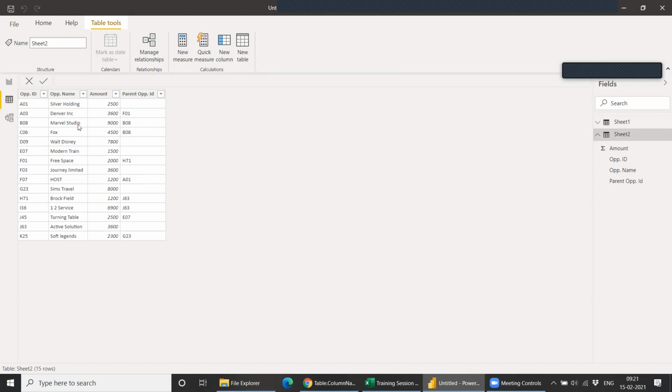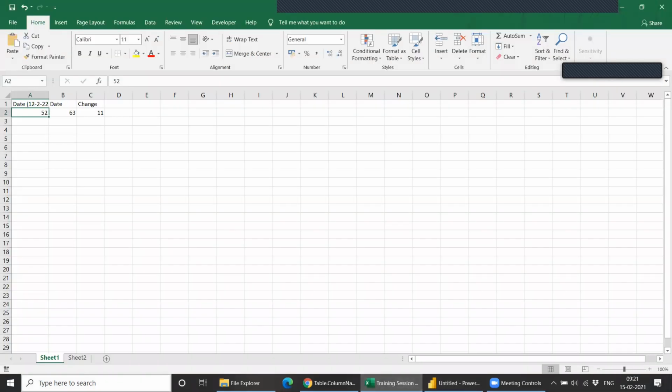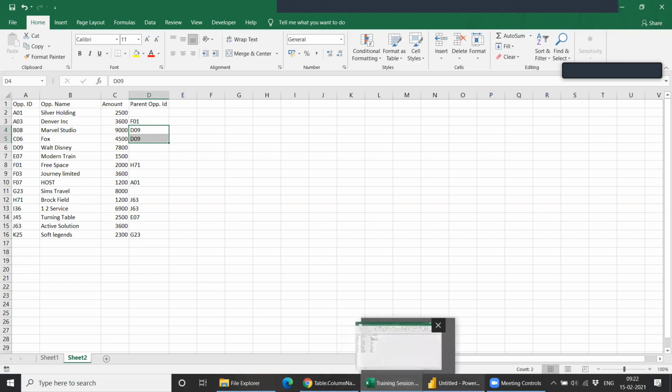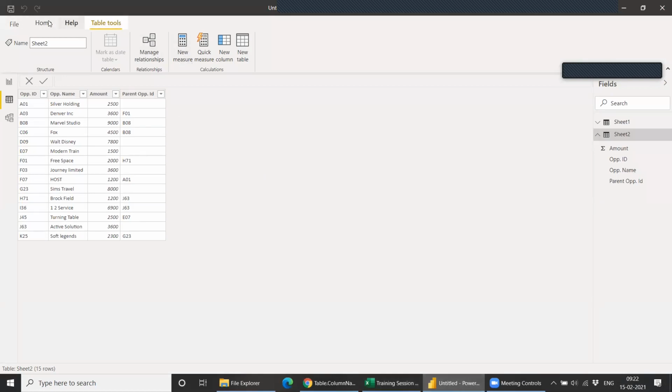Whereas if we go to Marvel Studio, it's B0. My bad, I should just change it. If you see Marvel Studio, so now it's Walt Disney, and Walt Disney is greater than this one. So that way, it should be considered. We'll just refresh data.